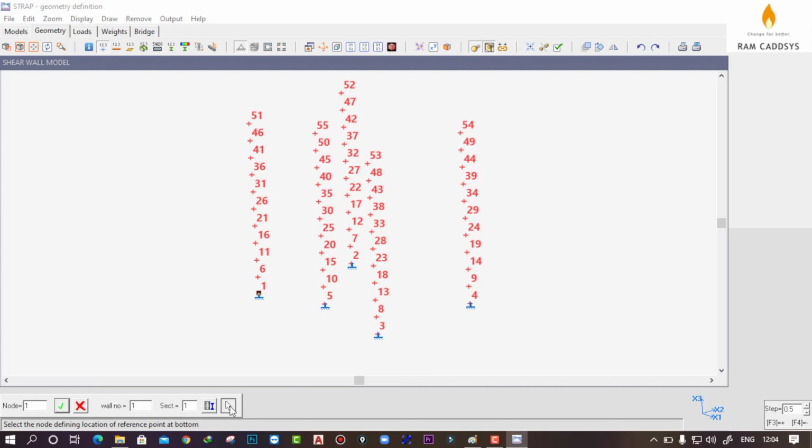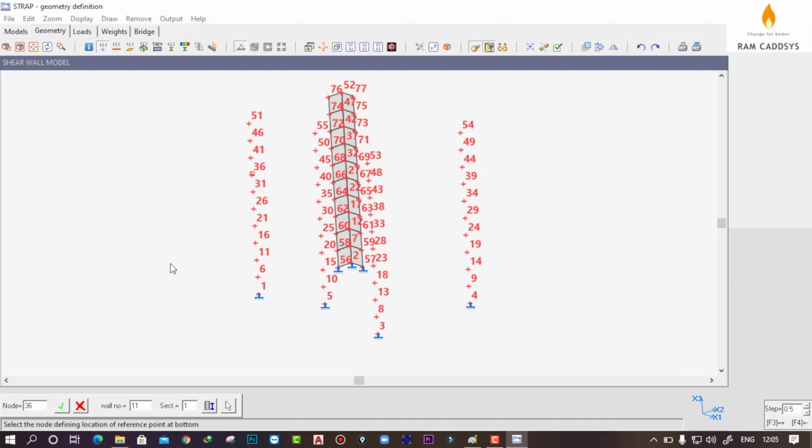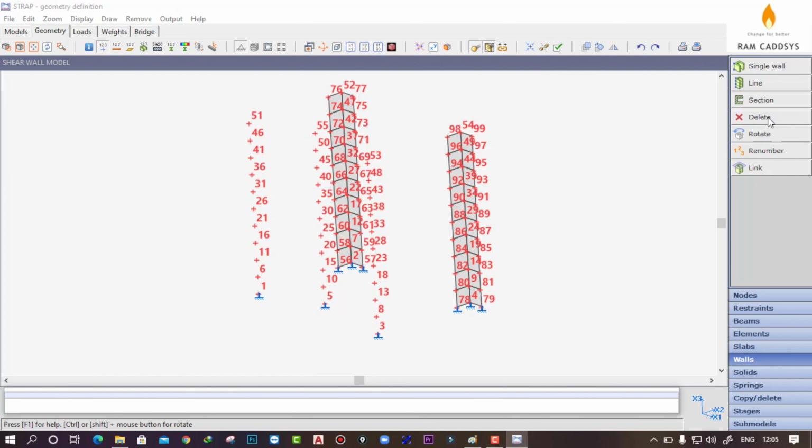Click on this select with mouse, select the node number 2 to node number 52. Again click on line, provide this section number 1, select with mouse, node number 4 to node number 54. Here you can see there is an orientation problem which we can fix afterwards.